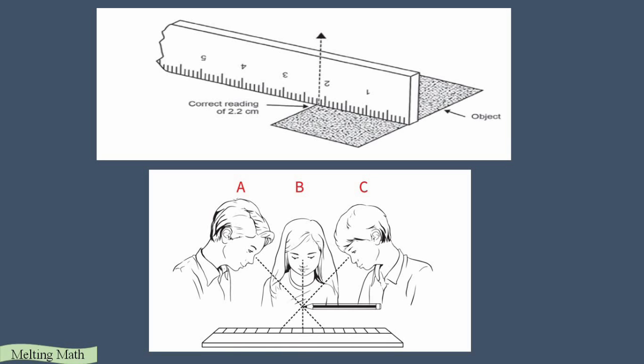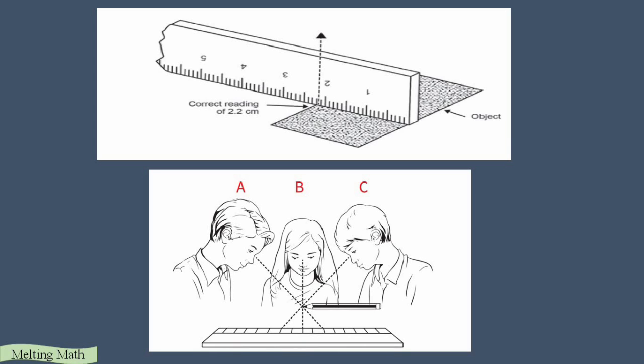B gives you the accurate reading, because when you see the object measuring length in the straight view, that will give you a measuring length. If you are seeing in the cross view, that will make an error in that video. So make sure you are viewing in the straight form.